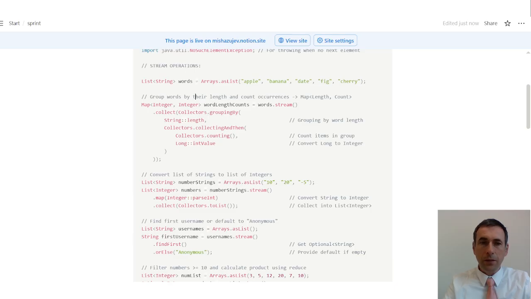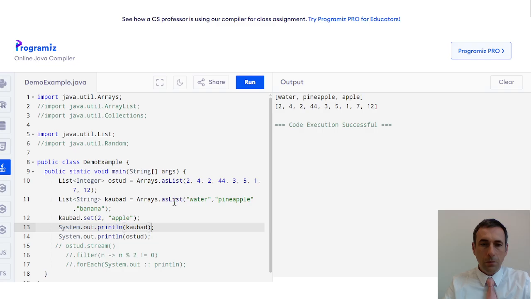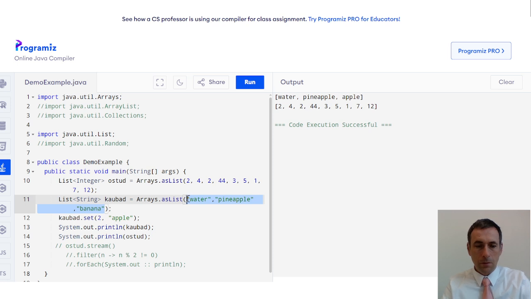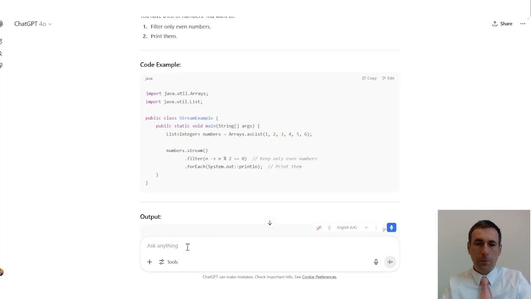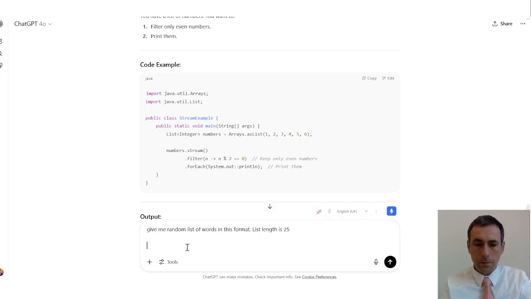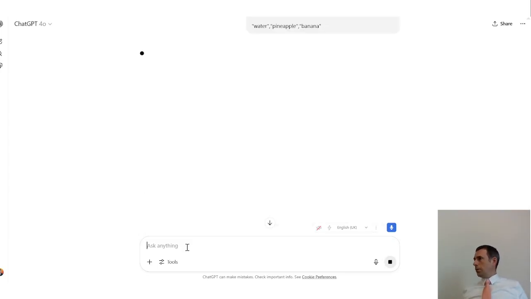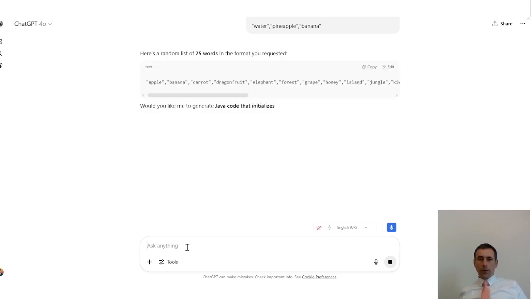For example, we will get... So I generate a random list of words as if it is a shopping list, and then